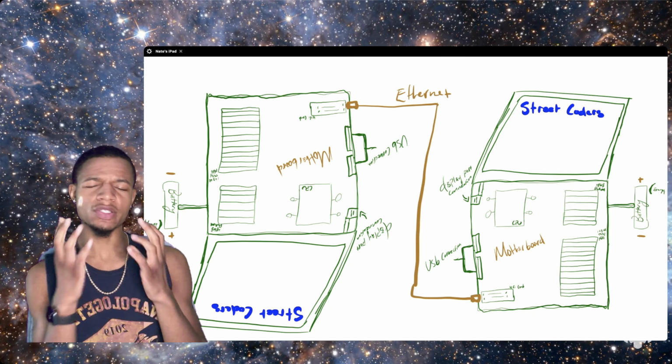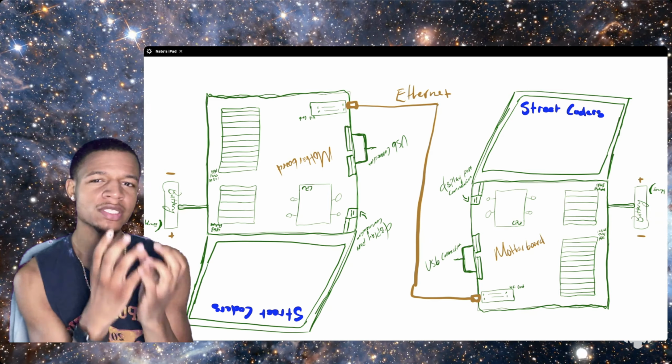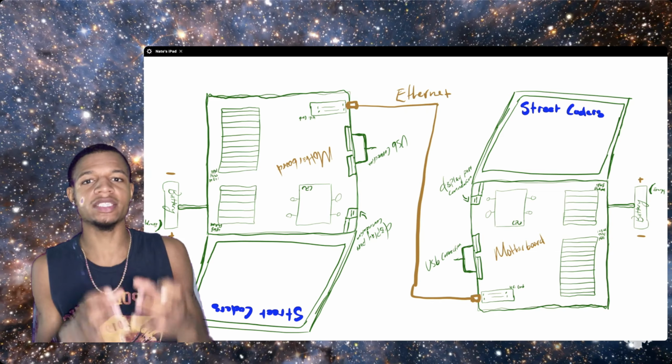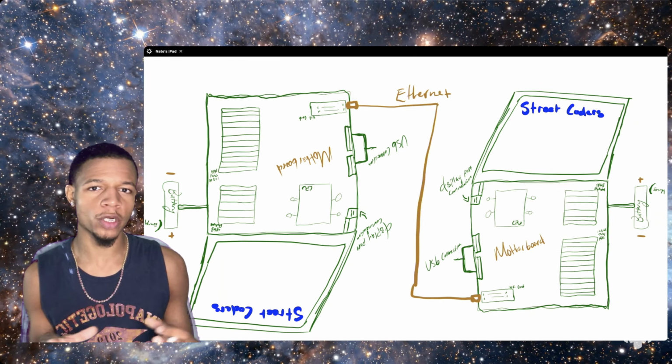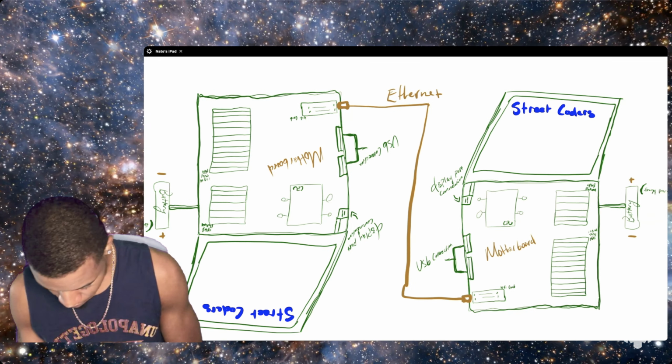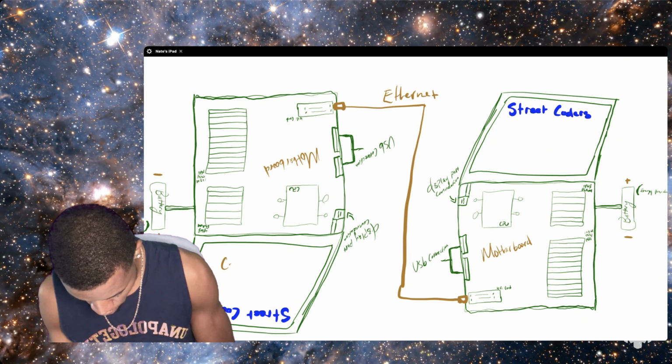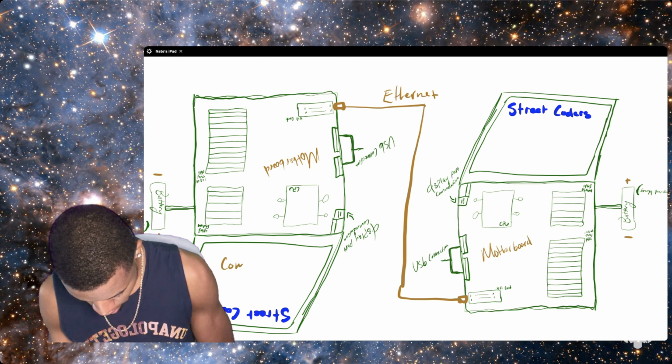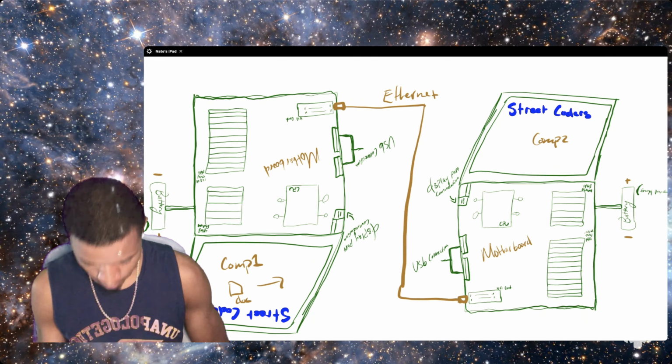And so when you have these two computers that are connected physically to each other, what we can do is start sending data between them, right? When we send data between the computers, the data is kind of packaged up. So let's say we had this huge Microsoft Word file that we were writing a paper on. Let's call this comp one. If comp one wanted to send this document file to comp two,